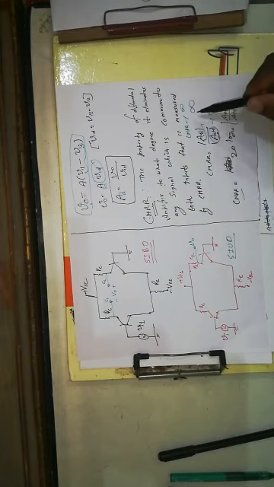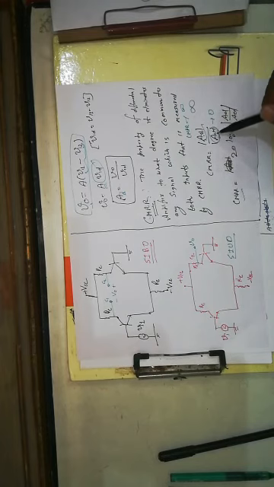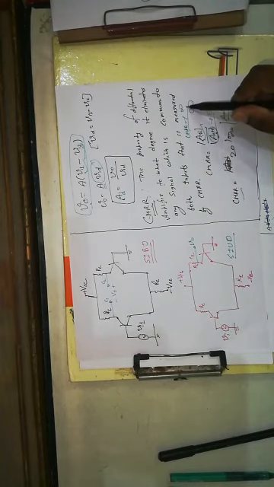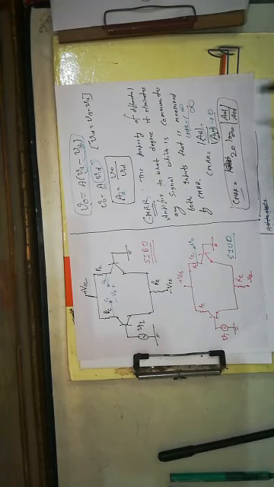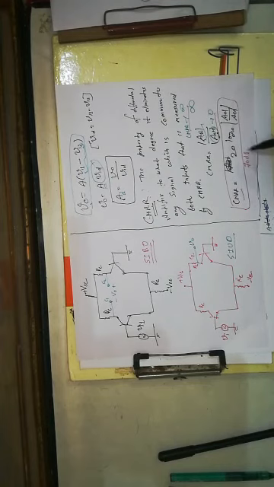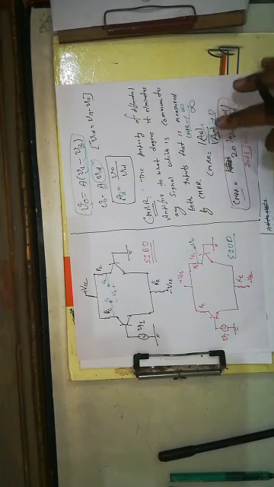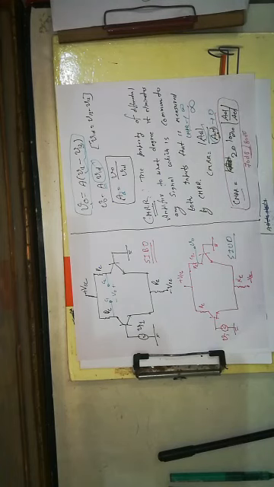For the ideal case, the common mode gain must be 0, because we do not want any common mode gain, but still it's there. In the ideal case the common mode gain approaches 0, so the CMRR approaches infinity. And this is the decibel formula for CMRR, and the practical value of CMRR is 70 dB to 80 dB for differential amplifiers. CMRR is the ratio of differential mode gain over common mode gain.